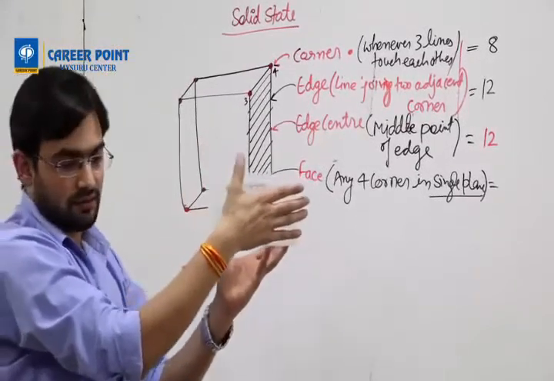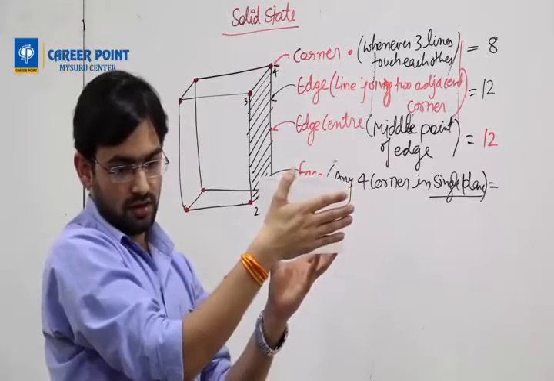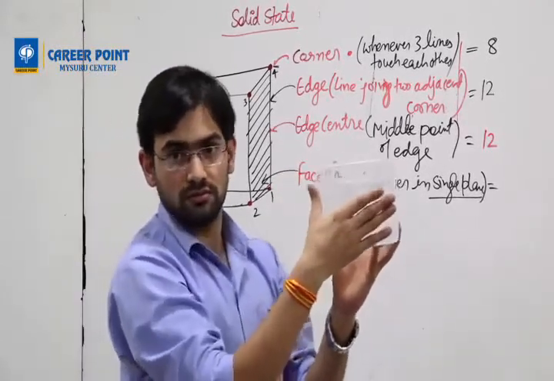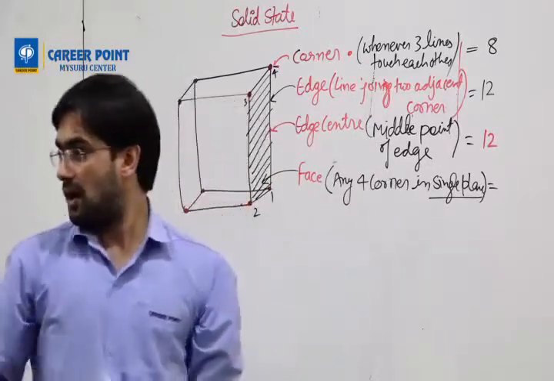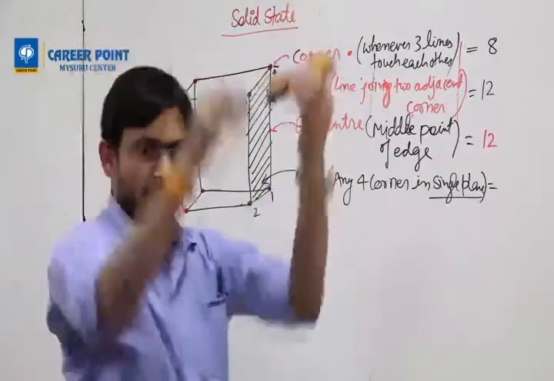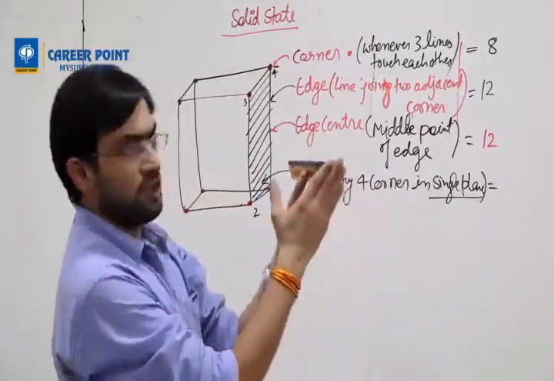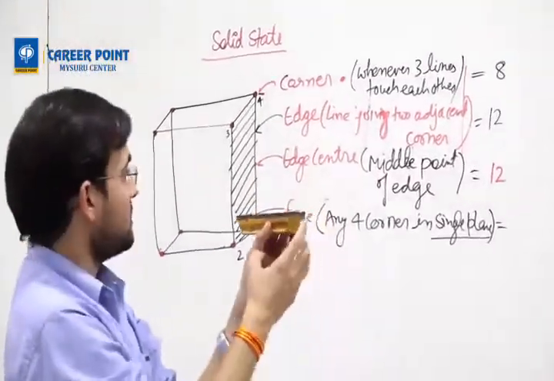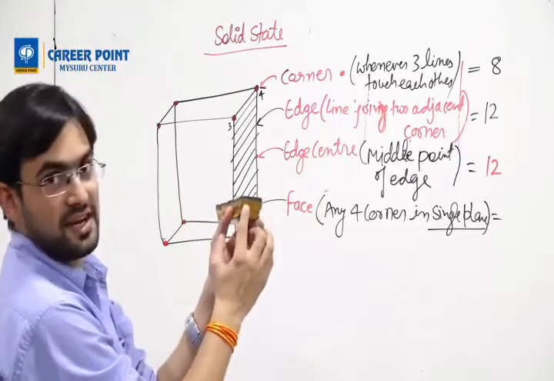Once this is our one face, it's not visible. Is it visible or not? No, not visible. Leave it there. We'll see in the duster. Try to assume this is a plane surface, not the tilted one. Okay, this is a vertical surface. So what we get? 1, 2, 3, 4. This is one surface.